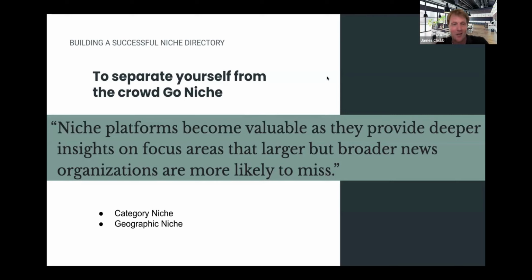If you combine those two, category with geography, you can get down really, really thin. This is the key to making really great content for people: putting those two things together in a niche where people can get some great information.